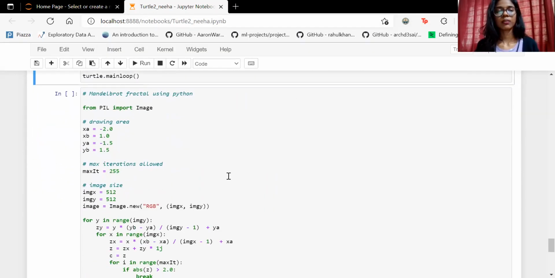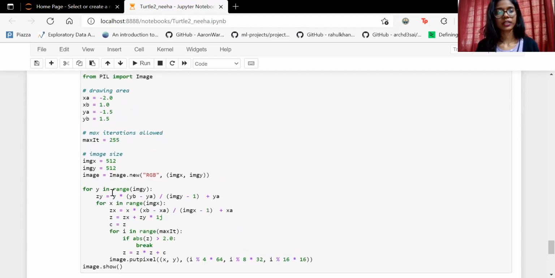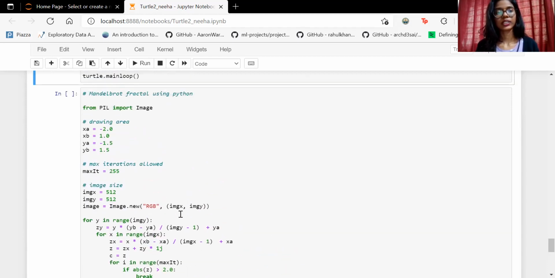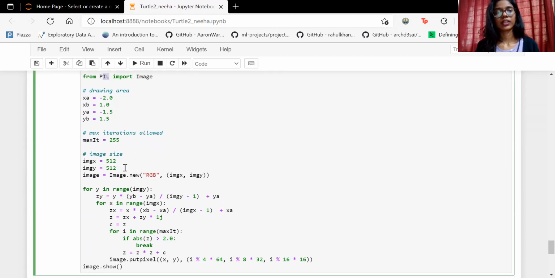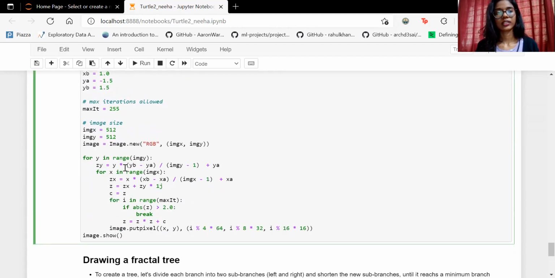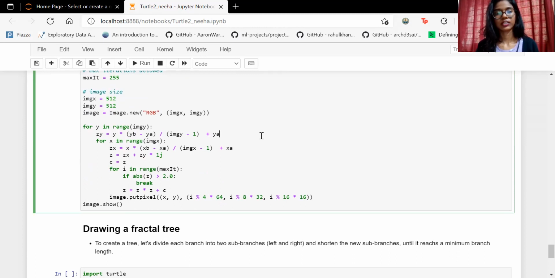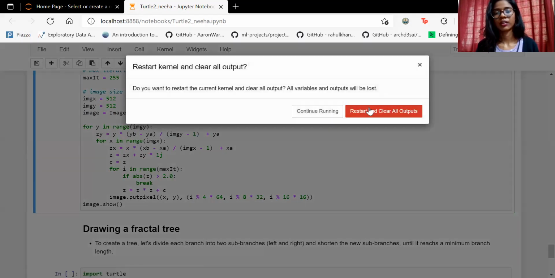Now let's create the Mandelbrot using only Python. The code is pretty much similar, but instead of using Turtle, we are importing Image from PIL, giving it all the x and y values. Let's see how this will turn up.